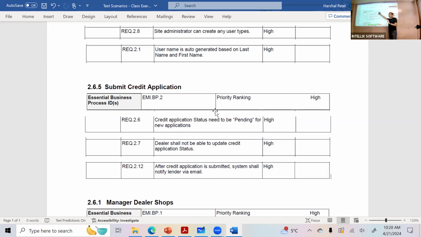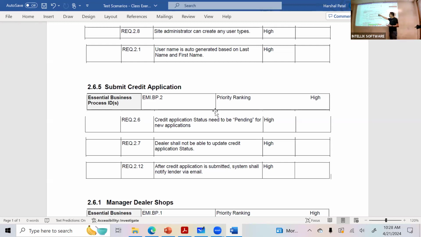That's all you are trying to prove here or testing it. So how would you test it, basically? You will simulate the same behavior, right? You will act as a dealer, as a QA, you can wear anybody's hat. You can wear site admin's hat or whatever. Here you need to wear the hat of a dealer and submit the application and see if you see the application status as pending, right? Is there anything else? That should be straightforward, right?